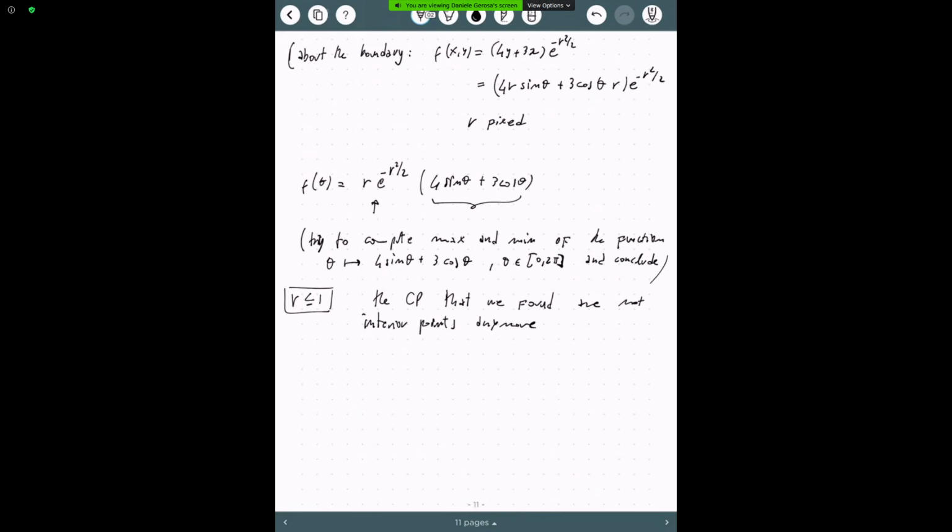Because they lie outside. So you get again the same problem as before. We don't have any critical points, so the only thing which is left to be studied is the boundary, right? So in particular, there are no critical points belonging to the disk